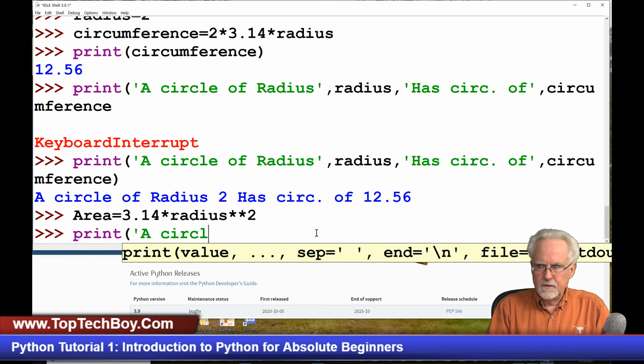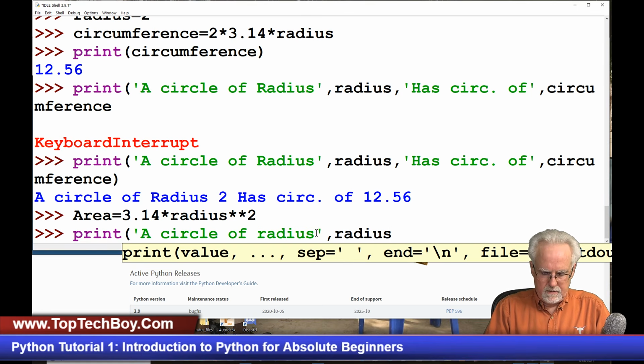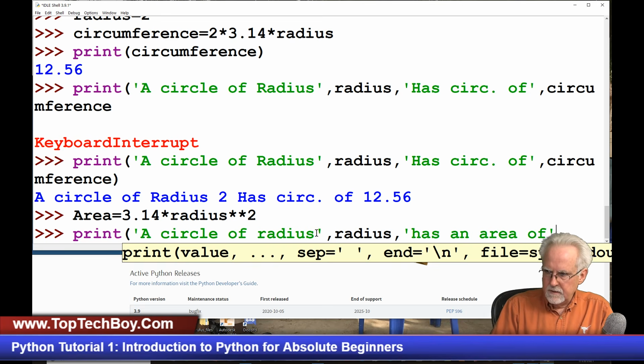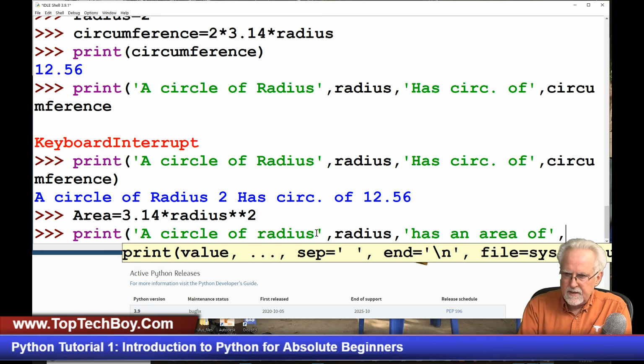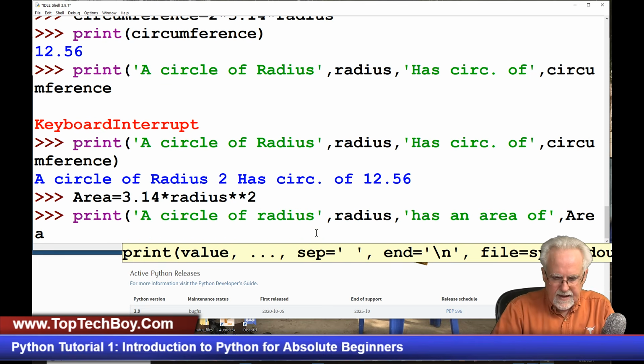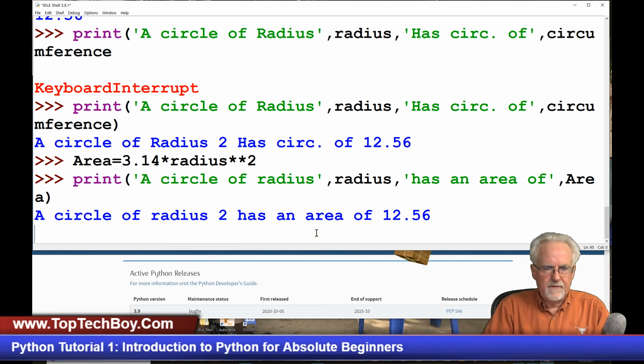A circle of radius, and then I'm going to end that comma, and then put in radius, the variable, has an area of, then in that string, okay, in that string, and then comma, and then what? Area, like that. All right. Let's see if that works. A circle of radius 2 has a,